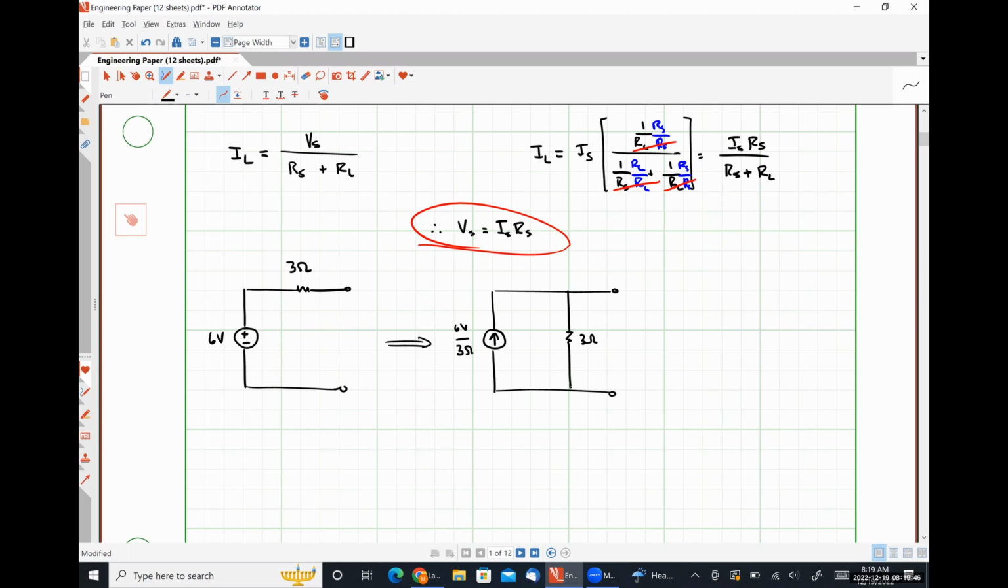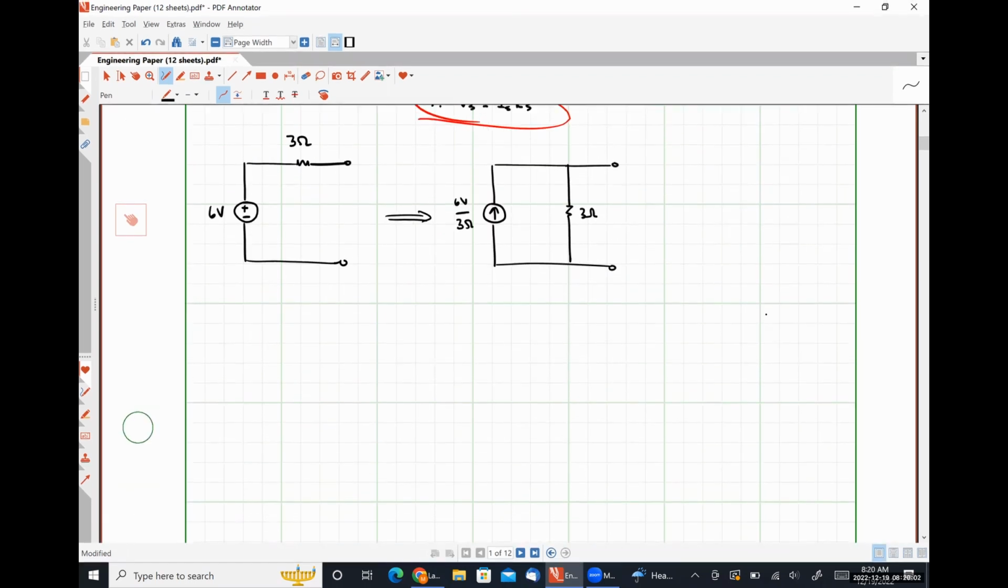Okay. Now I want to point something out here because it's an easy thing to miss. The polarity of the voltage source and the direction of the current source are related to each other. Okay. So the positive polarity terminal of the voltage source will be where the head of the arrow for the current source goes. So just to hopefully make this even more clear,